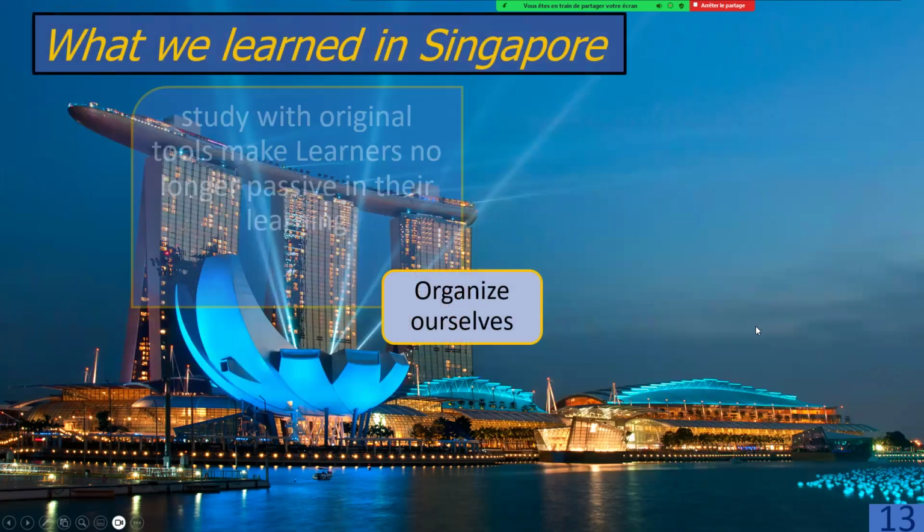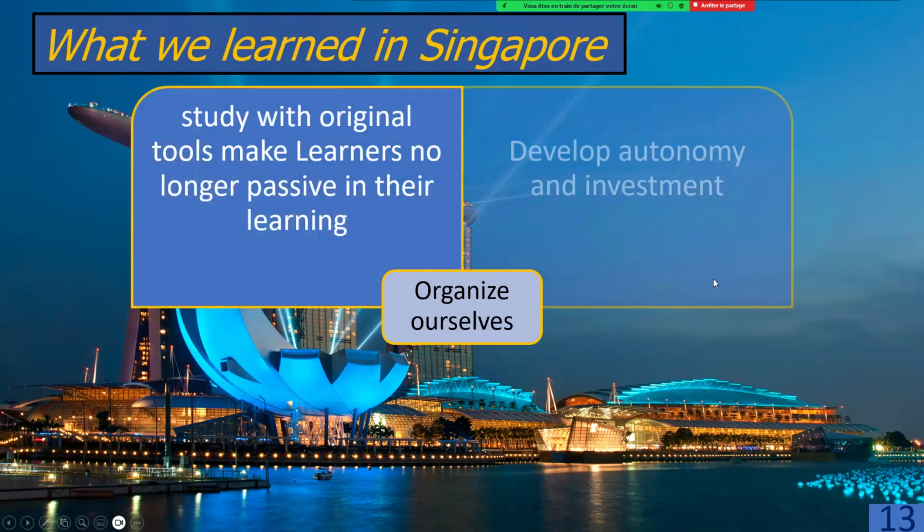So what I personally learned in Singapore was to teach with original and different tools. For example, I love games, but I won't always do games in my class. I try to mix and to have different types of activities. I think that's really important to create more dynamism in the class and to have less passive learners,